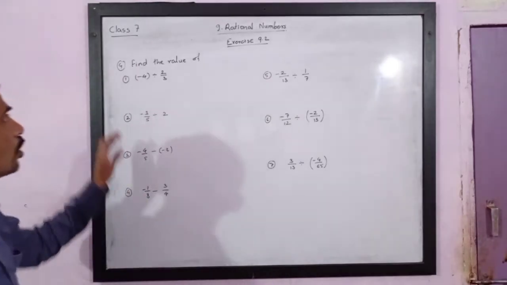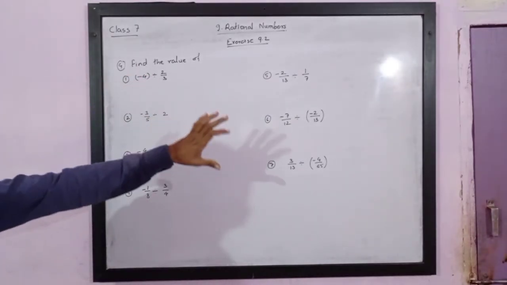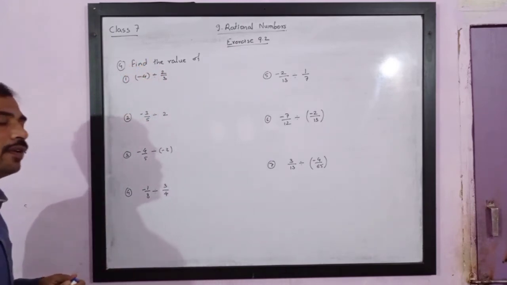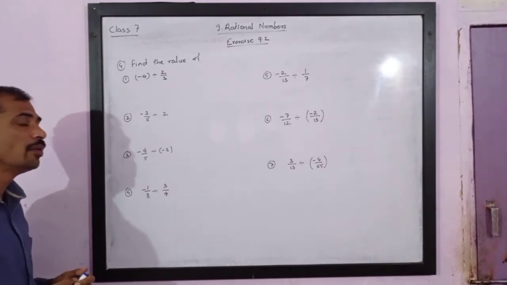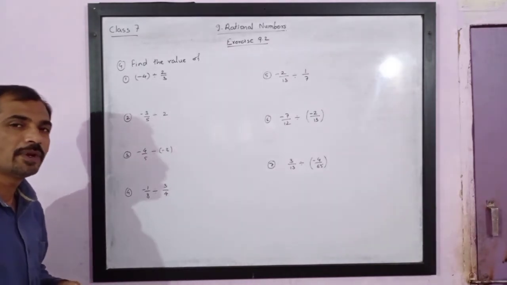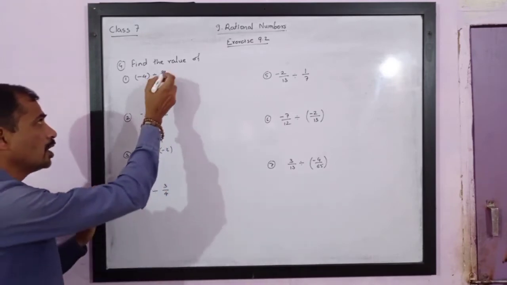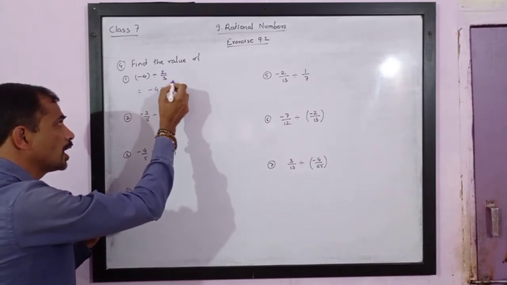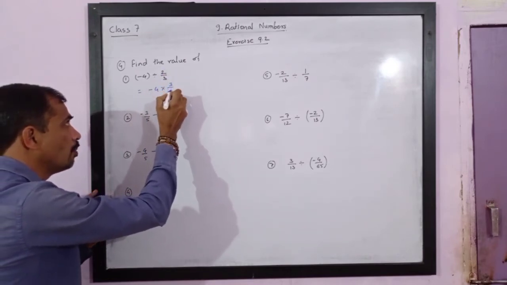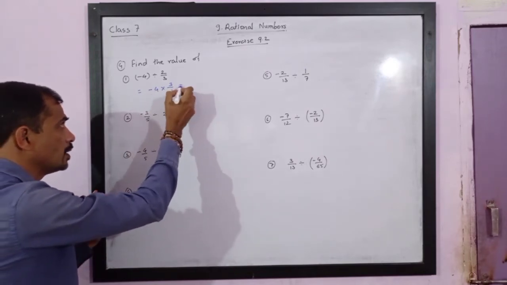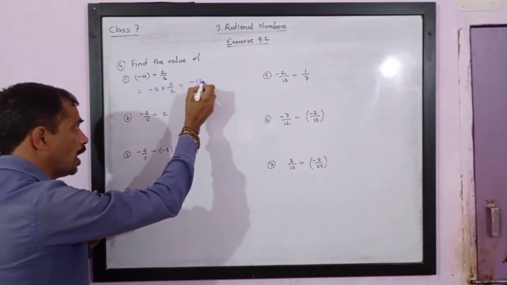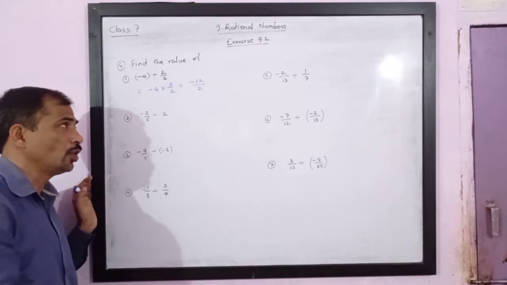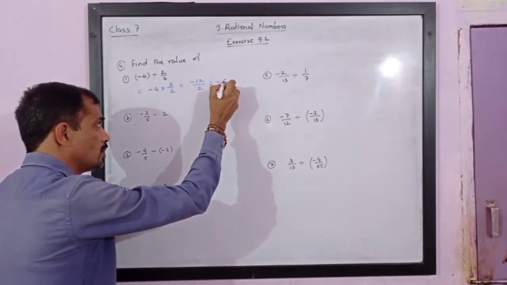Dear friends, we have next fourth question. This question is related to division. Find the value of negative 4 divided by 2 upon 3. So we have already studied, division means multiplication by a reciprocal of the second fraction. So here this is equal to negative 4 multiplied by, we have to take the reciprocal of the second rational number, that is this will be 3 upon 2. So answer is 4 threes are 12, negative 12 upon 2. Please note, it is reducible. Both numerator and denominator, if divided by 2, we will get this as negative 6.